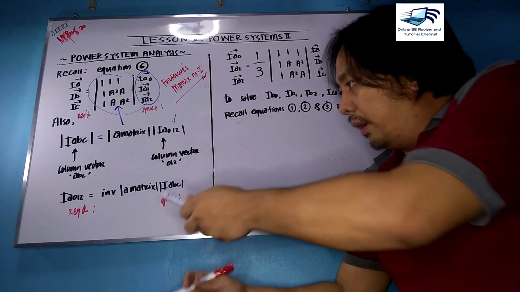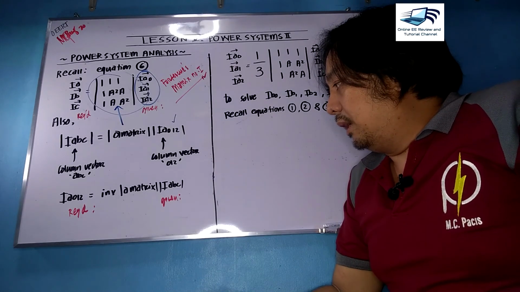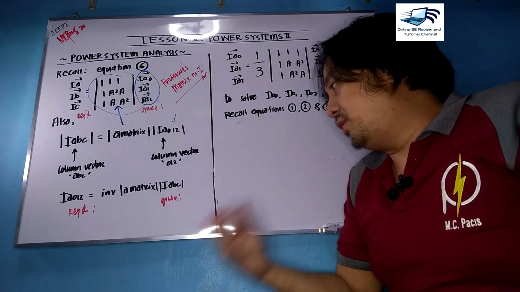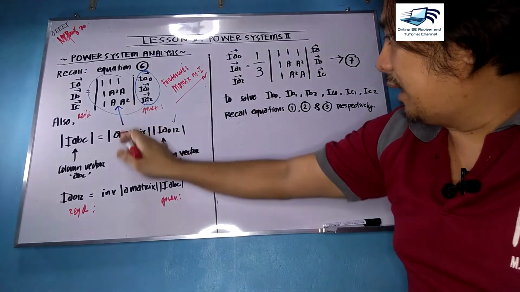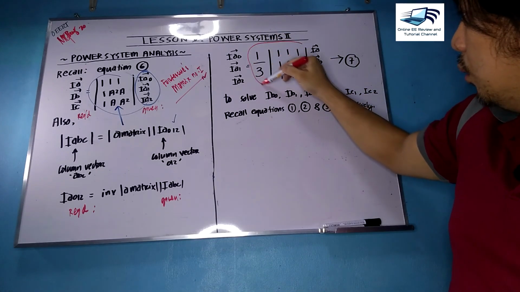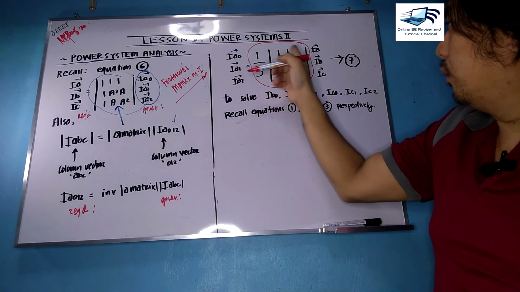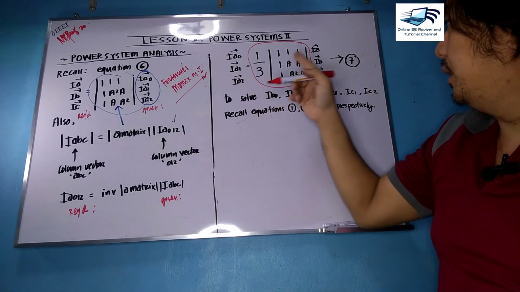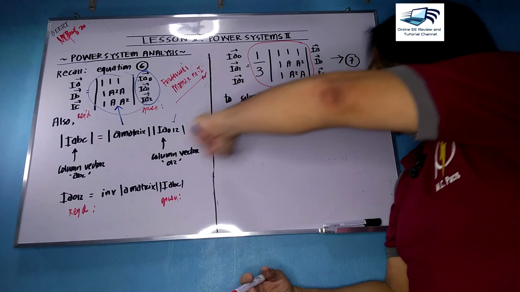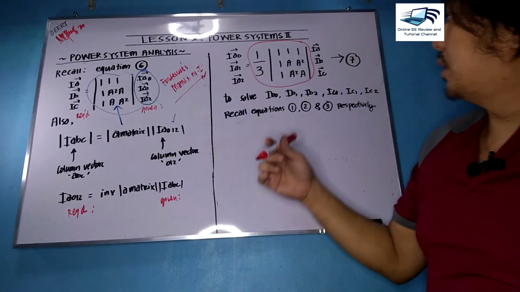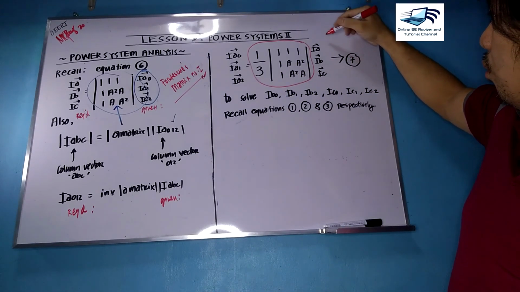Now our requirement is the components and the given is line voltage, line current, phase voltage, or phase currents. Without further ado, the inverse of this A matrix is this matrix here, which is 1/3 of this matrix, which is 1, 1, 1, 1, A, and A squared, 1, A squared, and A. And then I already have this as a column vector, and another column vector here. So the answer is simply this equation number 7,